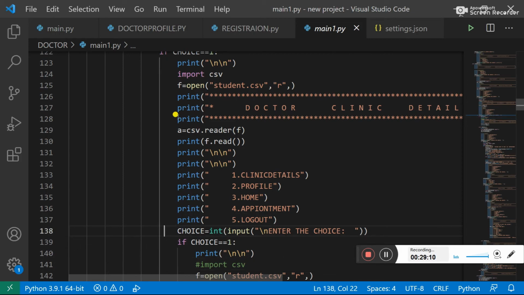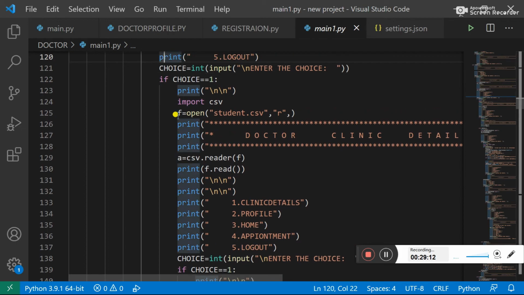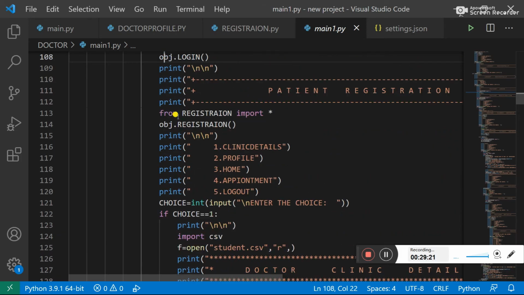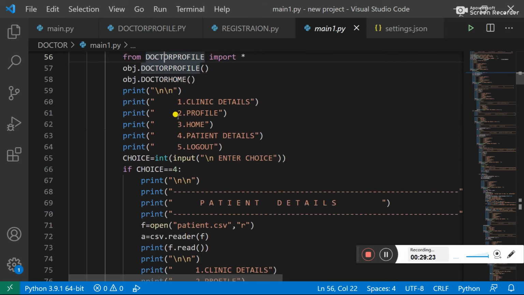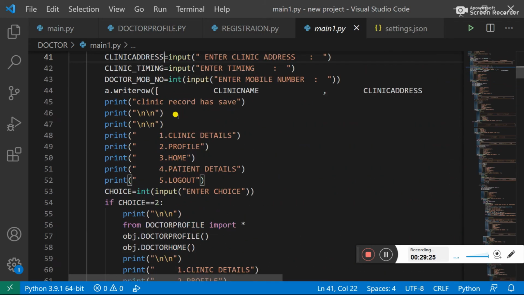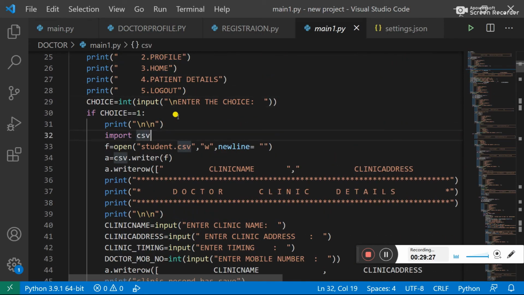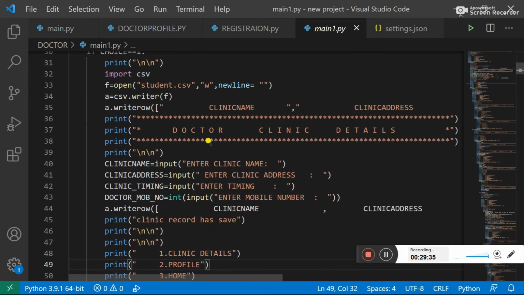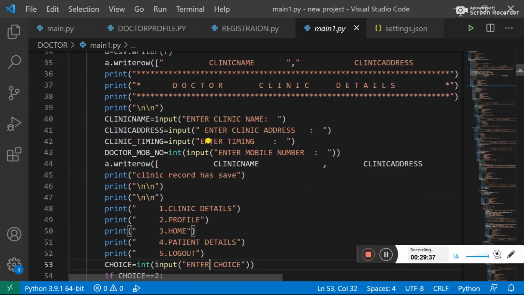So before that I want to tell you that in the doctor clinic details I am taking the reading and writing operations in the doctor CSV. Whatever data we are writing here will be saved in the CSV file.